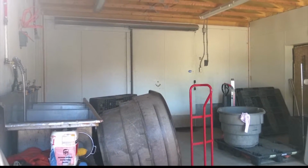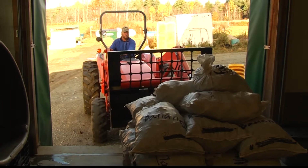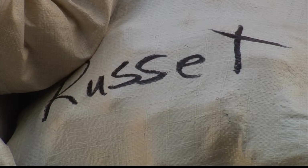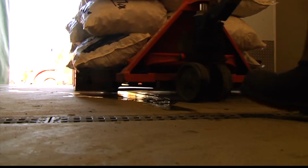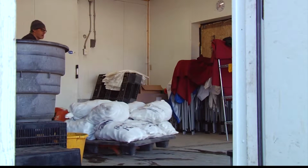And at the time we thought it was big enough, but once we started adding in a barrel washer, we lost some of that space. Once we started adding in a sink or a Rubbermaid tank to wash greens, we lost some more space. Now add to that bringing in your totes or crates of produce to get them off of the truck. Then you've got it full, and then add to that, okay, we got to have people working in there. It got small really quick, and then at that point it's like, okay, we need to add again